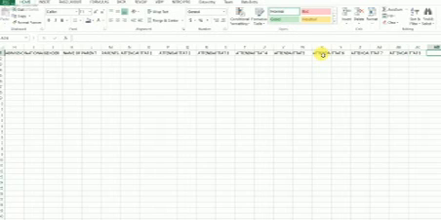Then the final one will be attendance 9. Then total attendance 9, TT89.